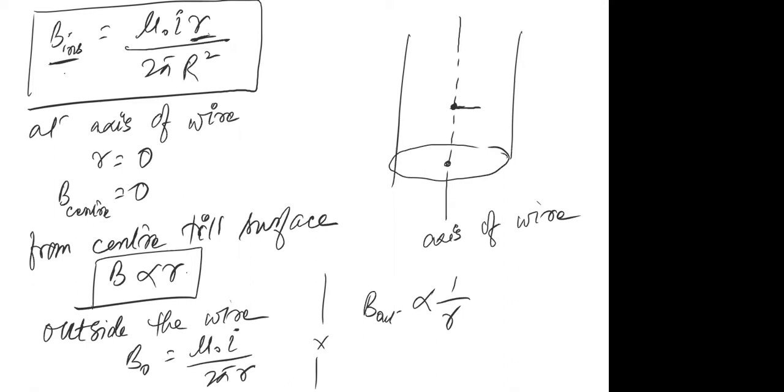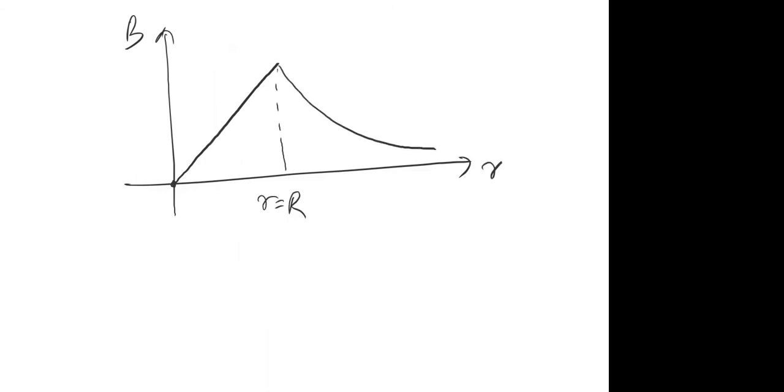This means that when you go from center till the surface, magnetic field will increase, and it will increase linearly. Means the graph will be a straight line starting from 0. And when you go outside the wire, the magnetic field will start decreasing. Outside the wire, magnetic field decreases. Inside the wire, magnetic field increases. Outside the wire, you have an inversely related quantity, and inside the wire, you have directly related quantities, right? So the graph will look like this. Magnetic field at the center will be 0. Then it will start increasing till you reach the surface. And after the surface, it will start decreasing. This will become inversely proportional. This is directly proportional to R. This is inversely proportional to R. This is the value of magnetic field with R.